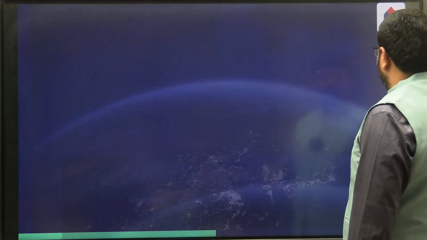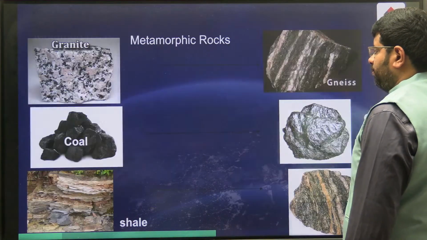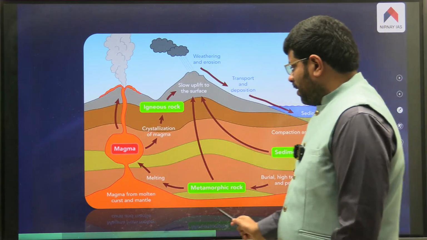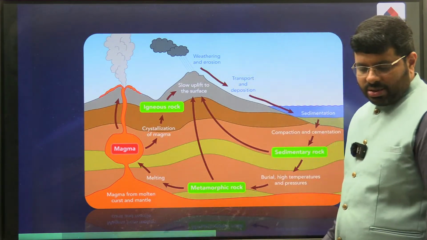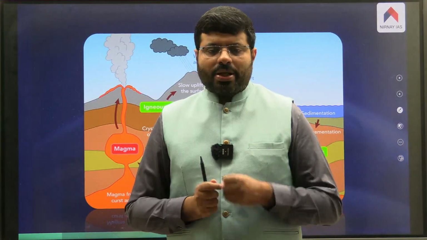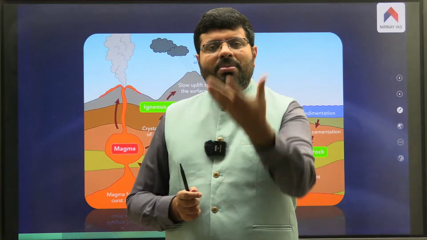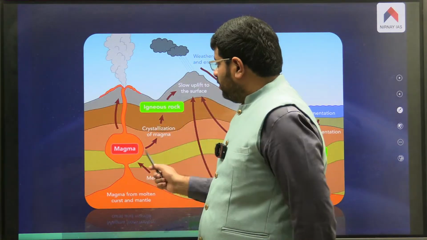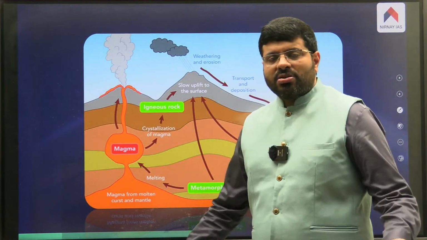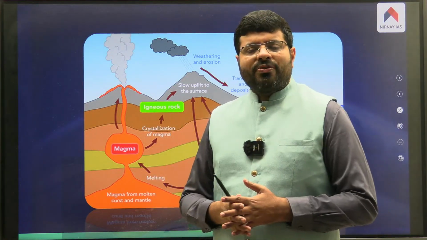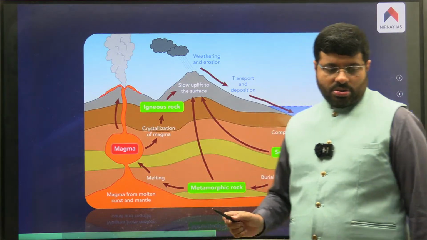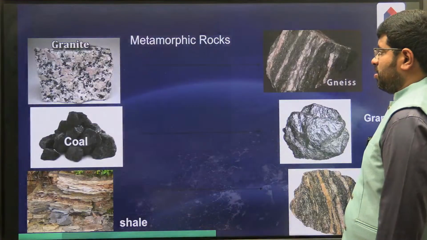I'll give an example here. You see here, there is inside the Earth's crust. We have seen that there is the mantle. Upper portion of the mantle is the asthenosphere, the magma layer. From the magma layer, a volcano erupts. That volcano can reach the surface, or cannot reach the surface. It depends on the pressure of the magma force, it depends on the rock nature and so many combinations. So sometimes what happens is,